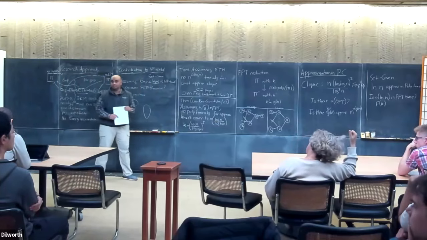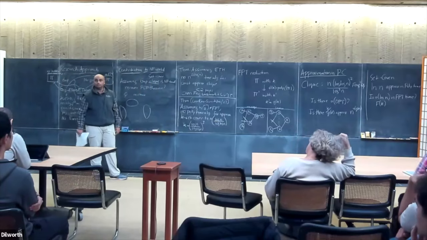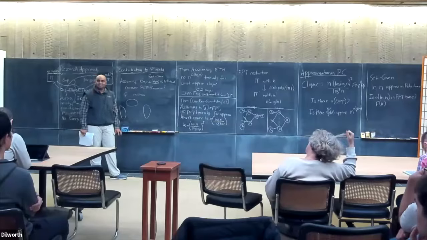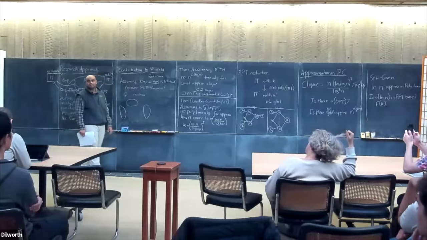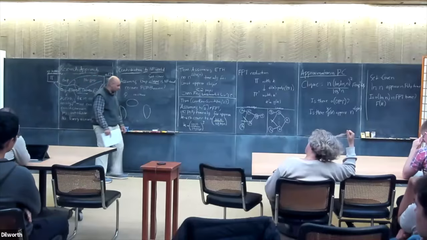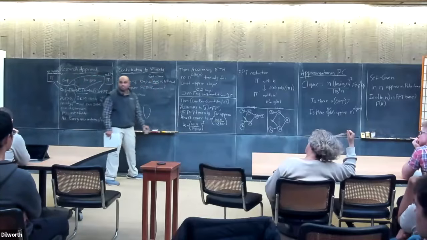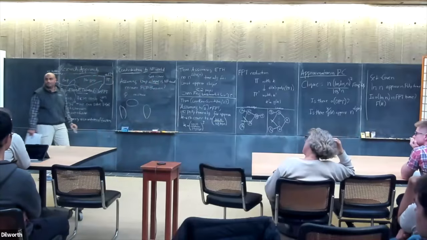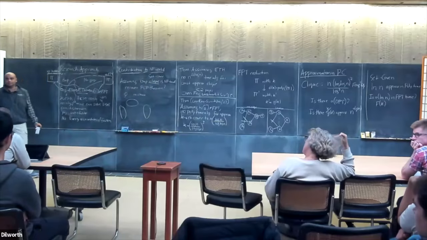Karthik: Is the fact that you need a two-query locally decodable code just because the edge has two endpoints? Yes. So if you wanted approximation for a 3-uniform hypergraph, you would need three queries. Okay, and then you could really push this higher and use a better locally decodable code. Yeah, I think that's true.